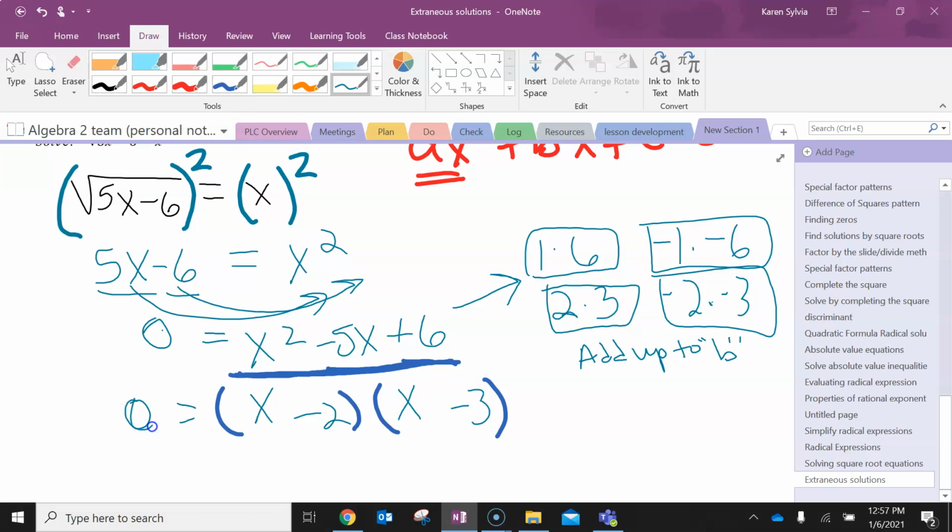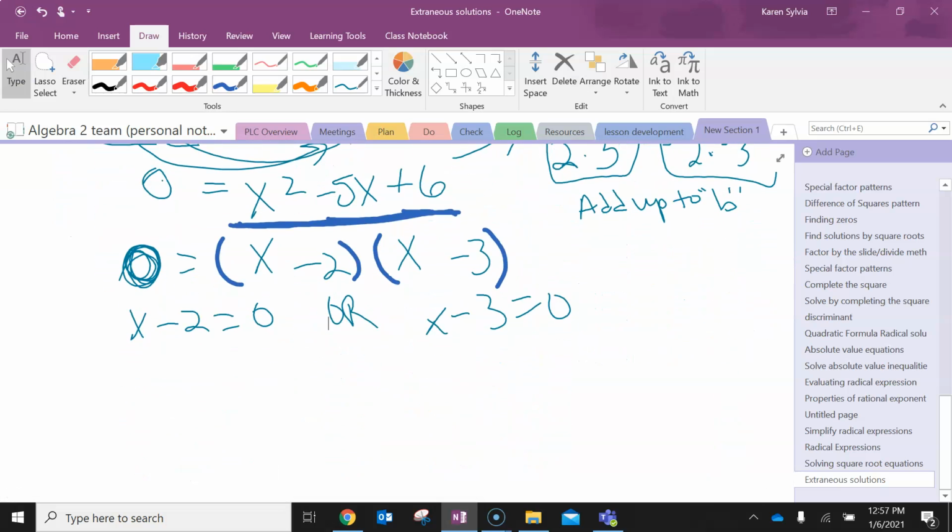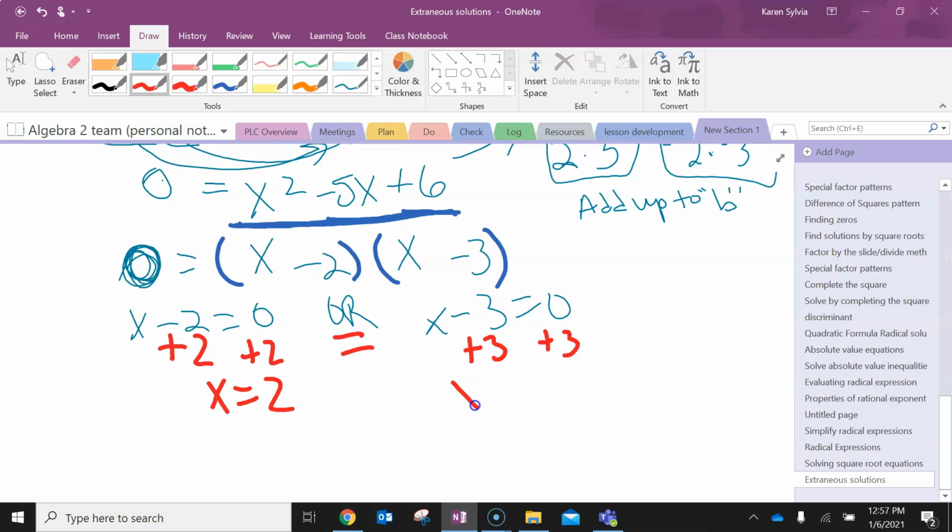Since the entire equation equals 0, I use the zero product property that says either x minus 2 equals 0 or x minus 3 equals 0. Now I have two possibilities, either x equals 2 or x equals 3. So here I have two solutions, but I cannot commit just yet